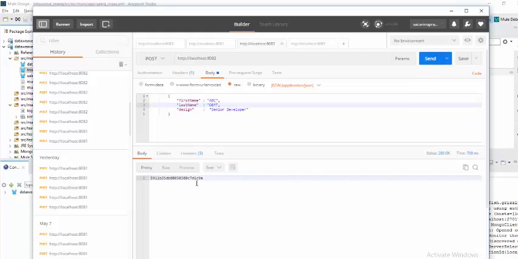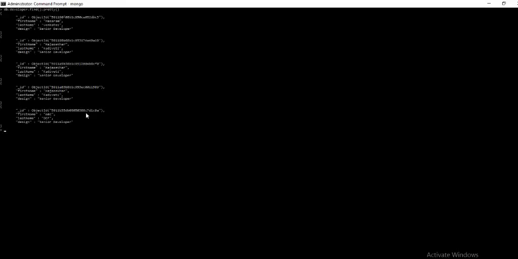So this is the ID that is created on the MongoDB end. For this developer, first name, last name, and senior developer is the designation. As discussed earlier, this is my MongoDB client. Here I am giving the command to get the records stored in this developer collection. So these are all the records. See, this is the record I stored recently.